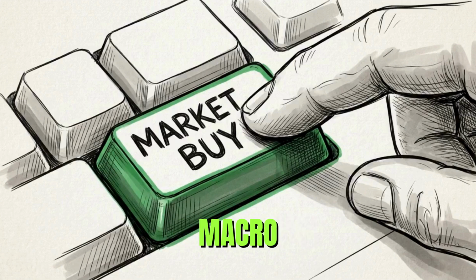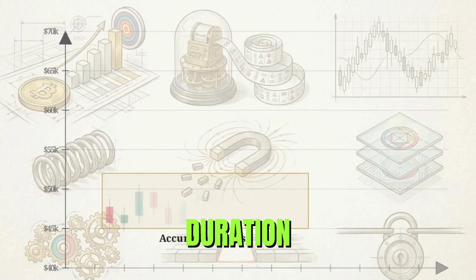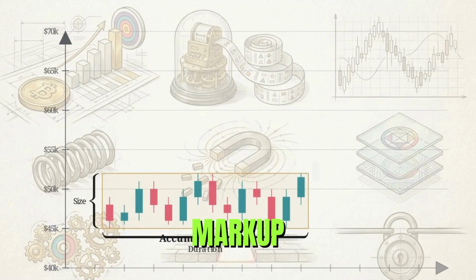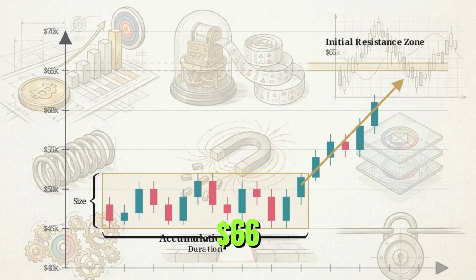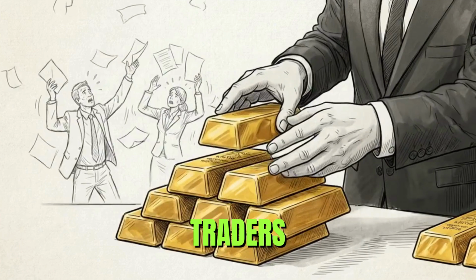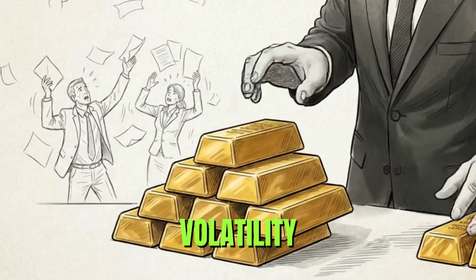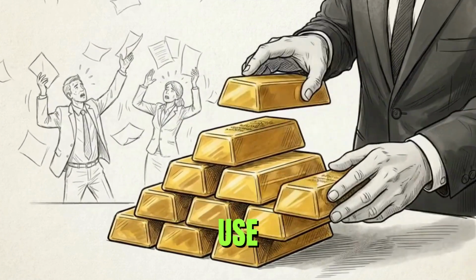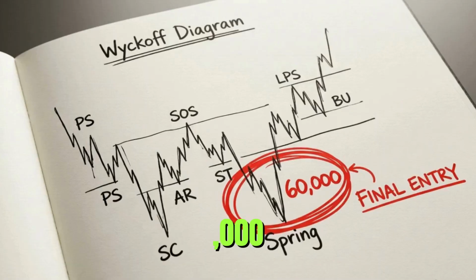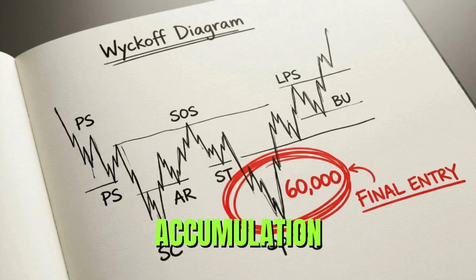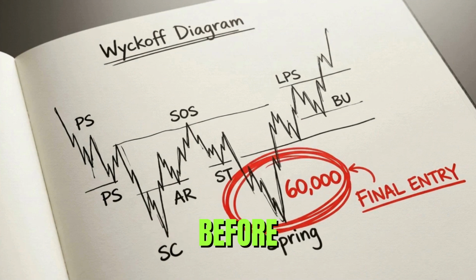Successfully reclaiming this macro boundary concludes the accumulation phase and triggers the violent markup phase. Based on the size and duration of this accumulation base, the markup trajectory projects an initial resistance zone between $65,000 and $66,000. While retail traders often exit during the late-stage volatility of phase D, institutions use that same price action to finalize their positions. The $60,000 micro retest is the final accumulation event within the Wyckoff framework before the markup